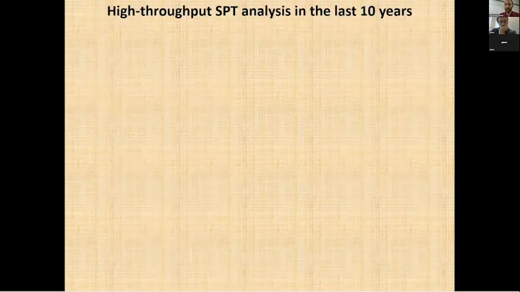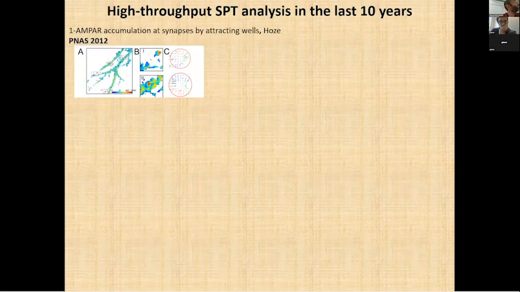Okay, so basically in the last 10 years, we've been looking at this for AMPA receptors, where you see the high density, the spot here for high density region, and it is associated to a structure which we call potential